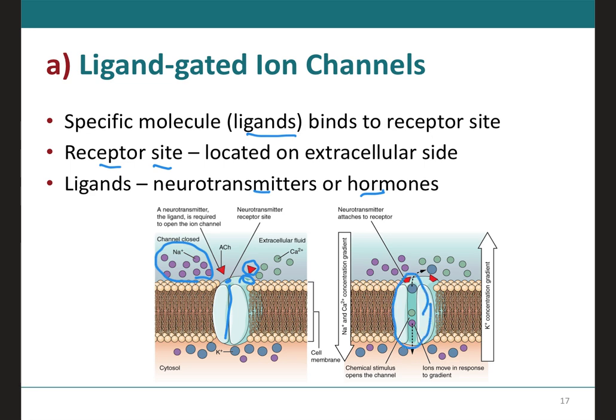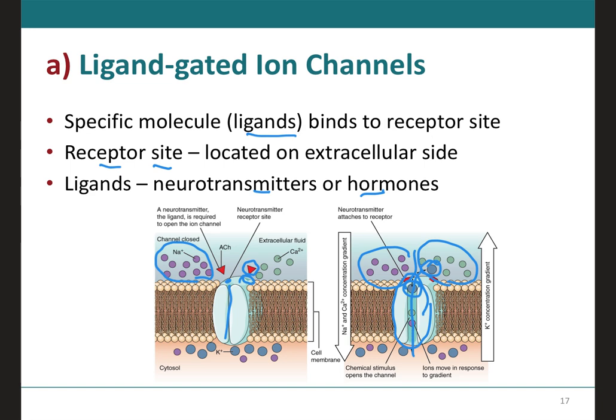over here, and it will allow, therefore, mainly sodium, but we also have some calcium that's able to come into the cell. And because the channel is open, then you might also have potassium that's coming out of the cell, as we can see right over here. Now, these types of channels, they exist for sodium ions, for potassium ions, for calcium ions, and for chloride ions. And these channels, they're going to be common in cells of the nervous and the muscle tissues, as well as